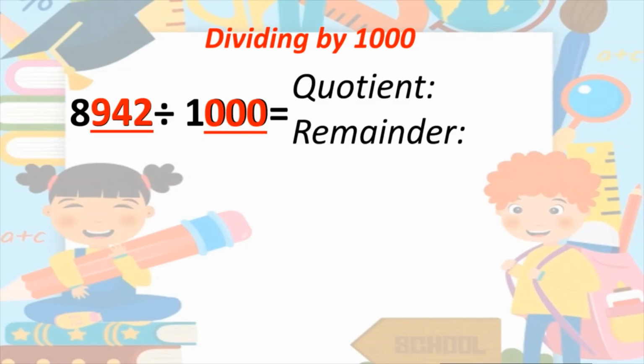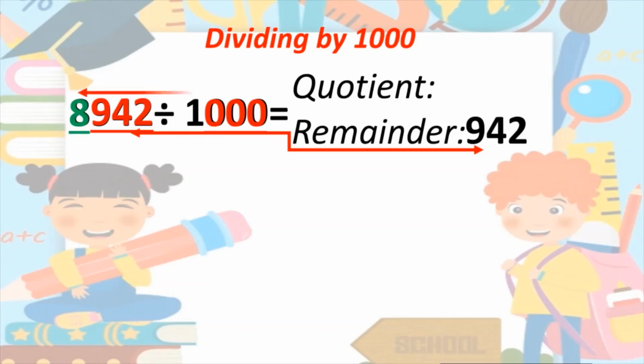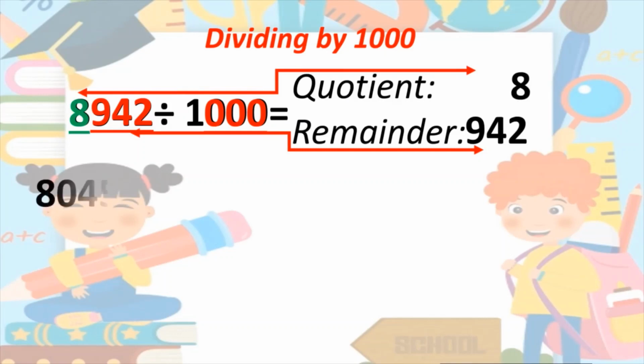divided by 1000. So when we divide a number by 1000, we remove the digits in the ones, tens and hundreds place to get the remainder. Because here you see 1000 has 3 zeros. So we consider the digits in the ones, tens and hundreds place. So here the remainder becomes 942 and the quotient becomes 8. The next number,